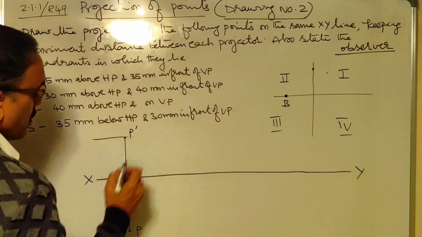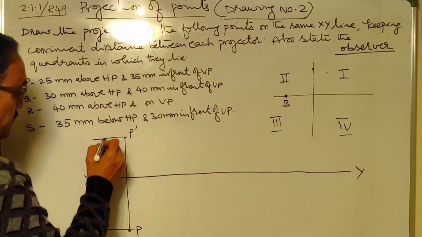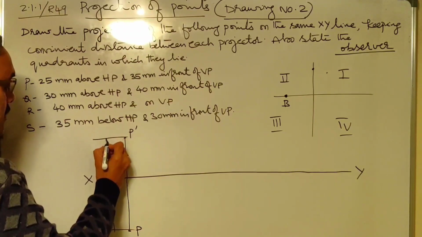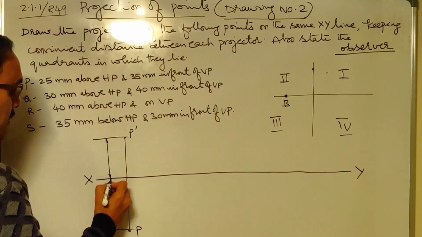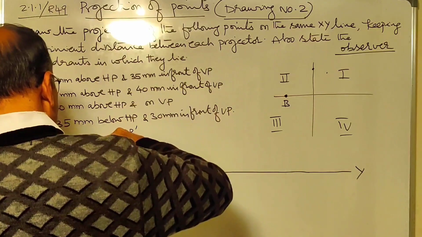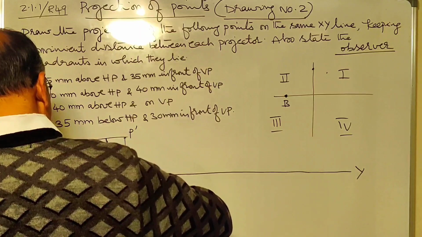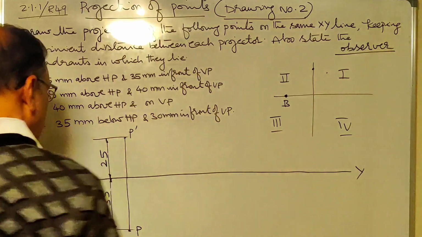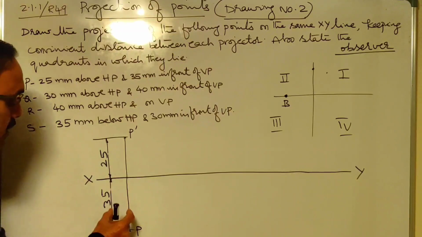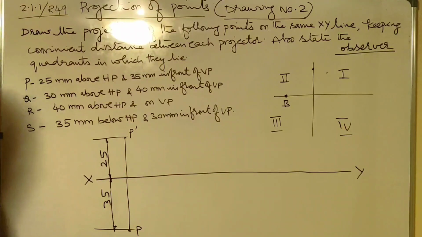Now let us draw the dimensions. This is the dimension line. This should be 25, and this is 35. When you write dimension, you should write like this, 25 and 35. You have already learnt about dimensioning. The dimension line should be a thin line. It should be parallel to the main line, and make sure that you maintain a gap of 5 mm in between, a minimum gap of 5 mm.